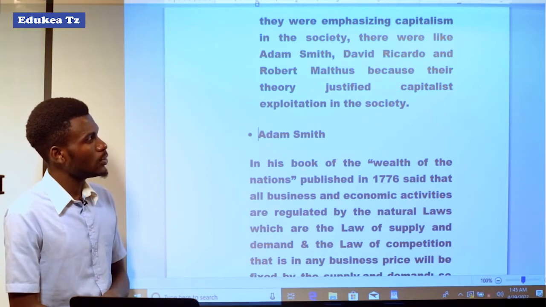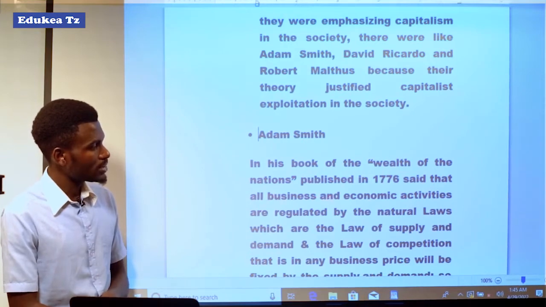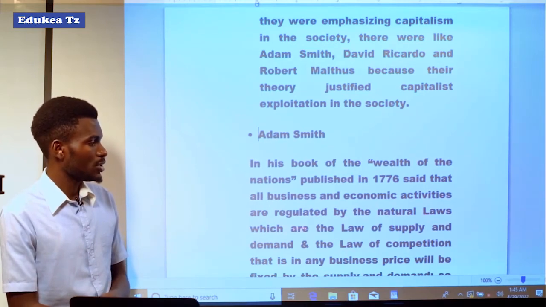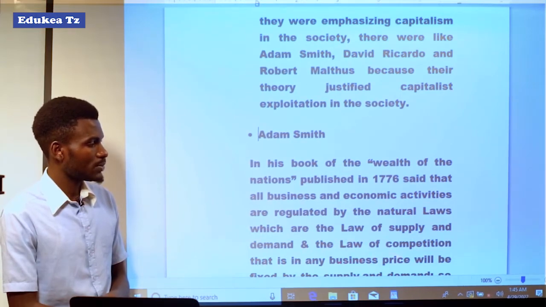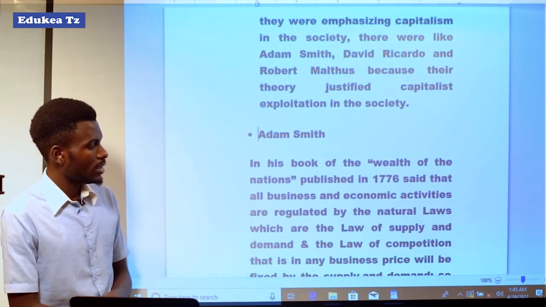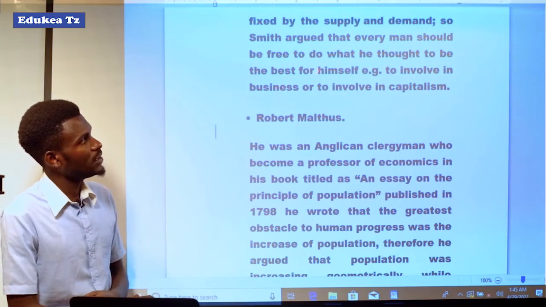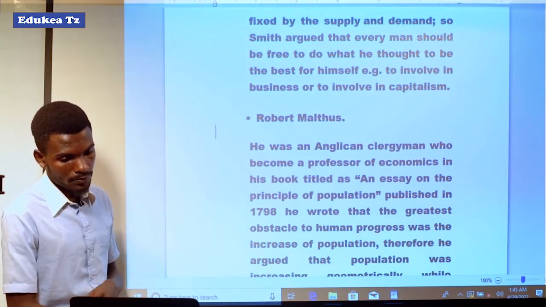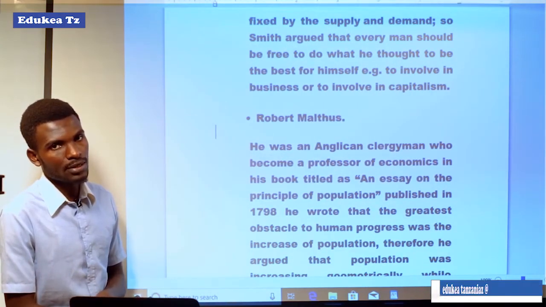Adam Smith, in his book The Wealth of Nations, published in 1776, said that all business and economic activities are regulated by natural laws, which are the law of supply and demand and the law of competition, that is, in any business, price will be fixed by supply and demand. So Smith argued that every man should be free to do what he thought to be best for himself, for example, to involve in business or in capitalism. So Karl Marx was criticizing the ways that came from the English